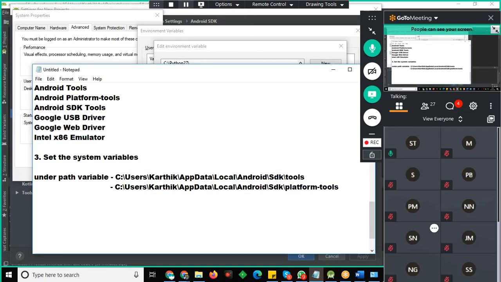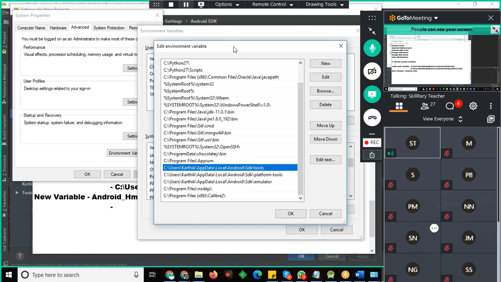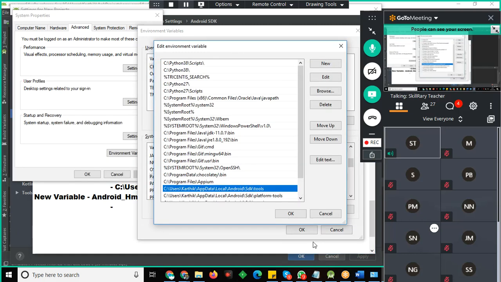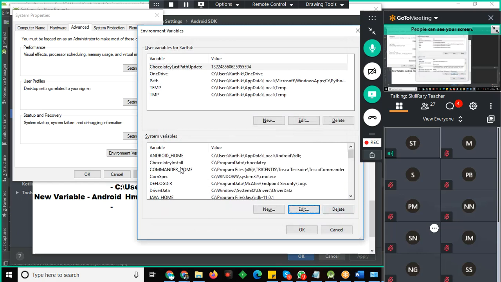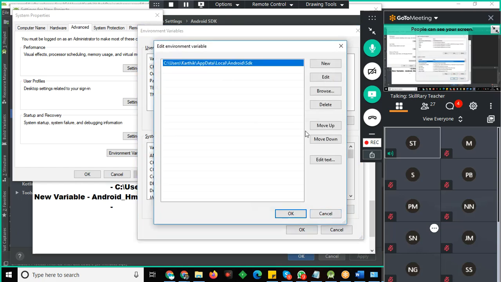Now under the new variable, create a new variable by name ANDROID_HOME. Under the new variable you need to provide the value of this one.